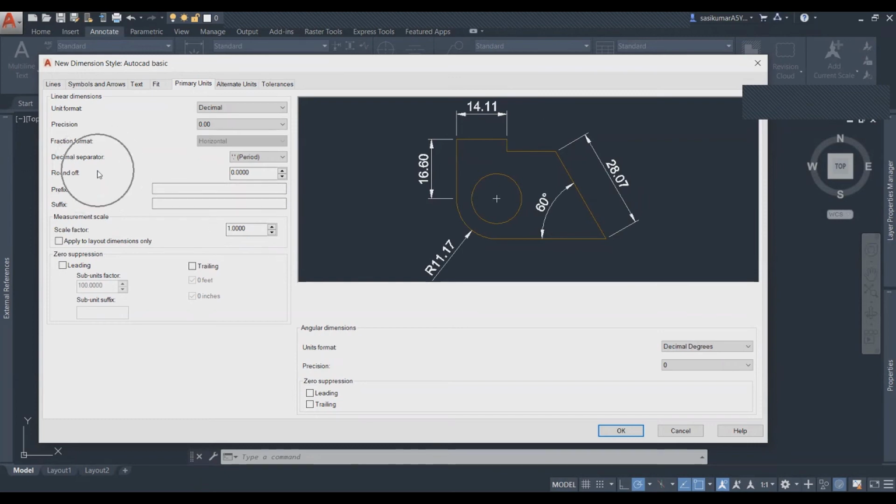That time you have to use the round value. Even if it is actually 14.1, with one round off it will take to 14. 14.11 becomes 14. That means the computer is automatically adjusting to the round value, whatever is presentable, whatever is measurable. Okay. But still your line is 14.11, but it's showing 14 for round off.